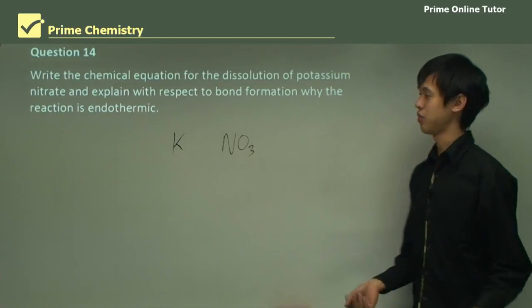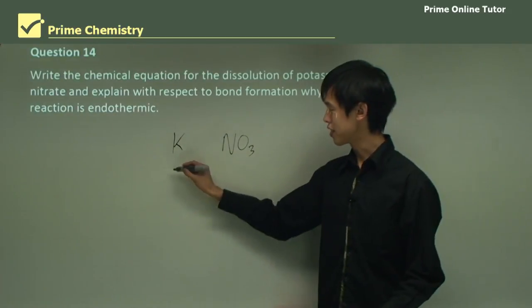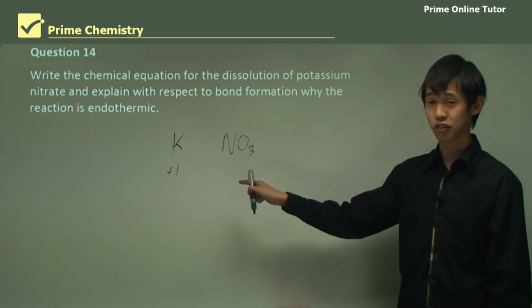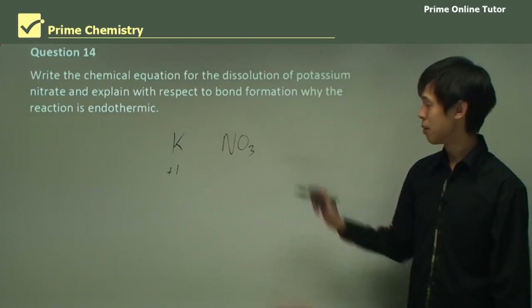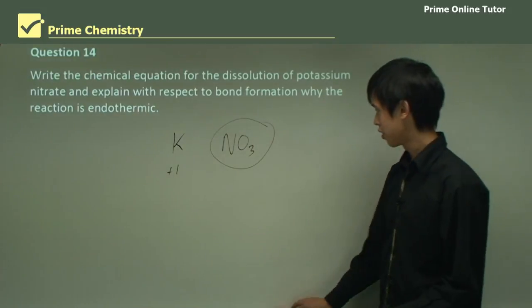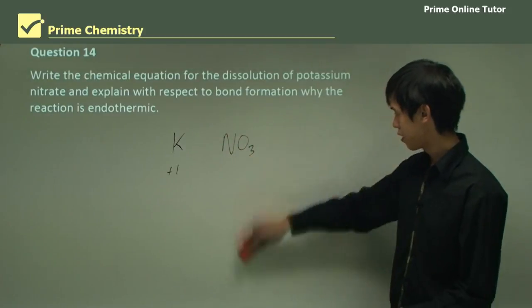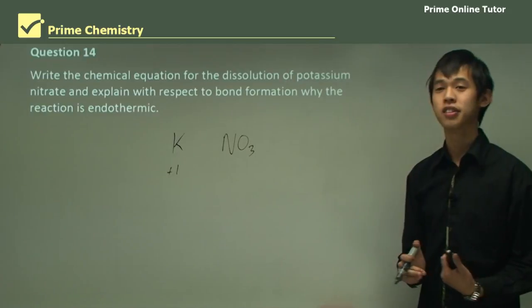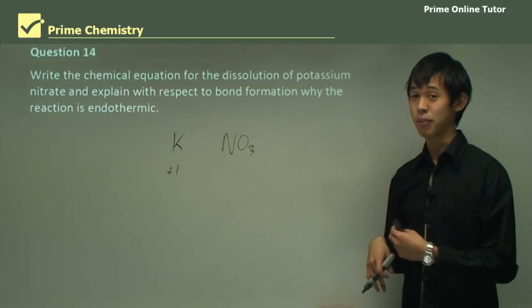Now the question is, we know that the valency of this is +1 because it's in group 1. When we look at the periodic table, K is in group 1, so its valence is 1. But what is the valence of this? Now often your schools will tell you to just remember it, and that's fine. But there is a way to calculate it based on how many electrons oxygen needs and how many electrons nitrogen